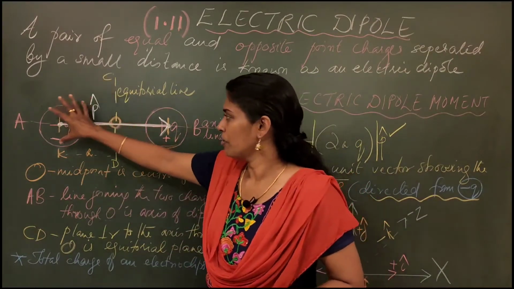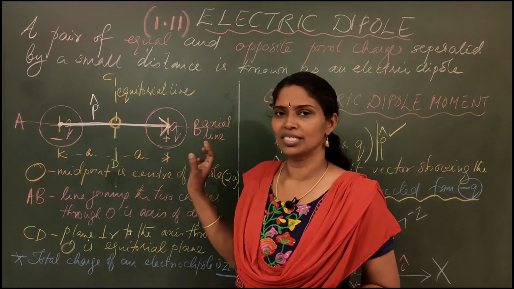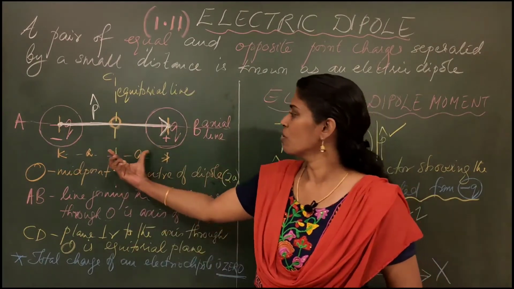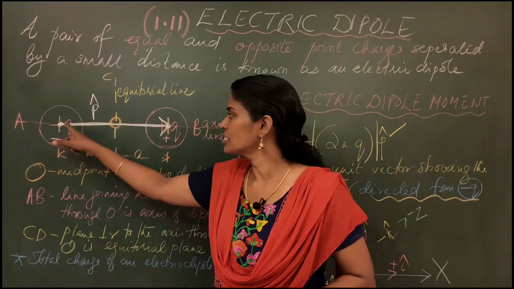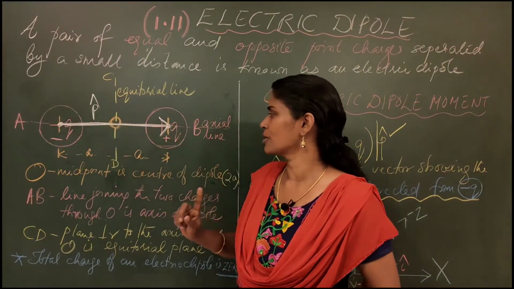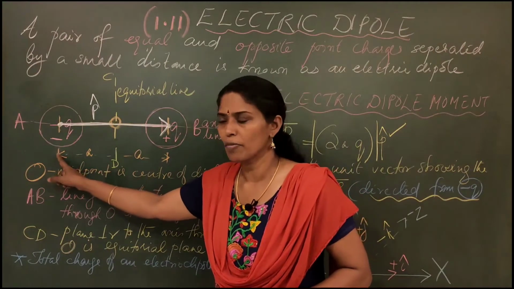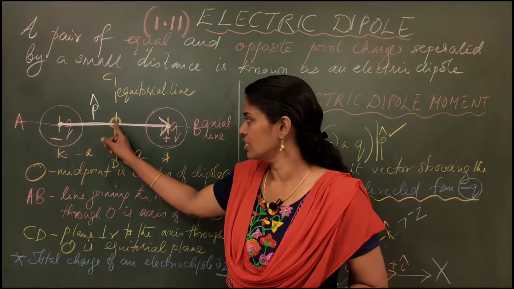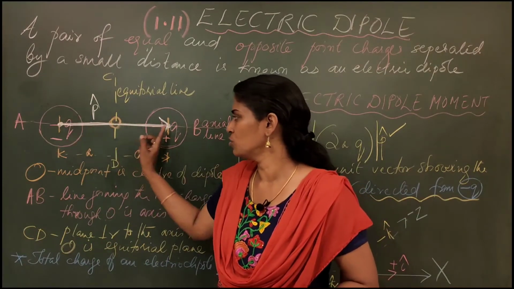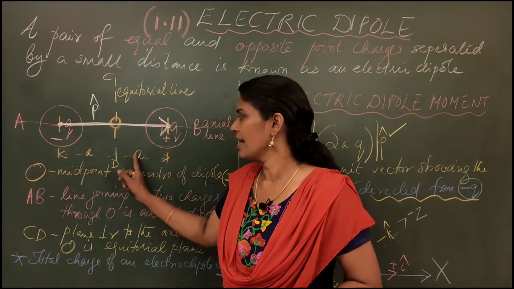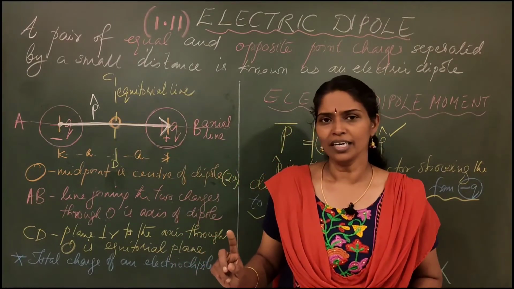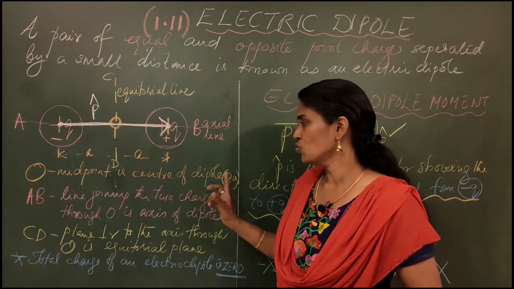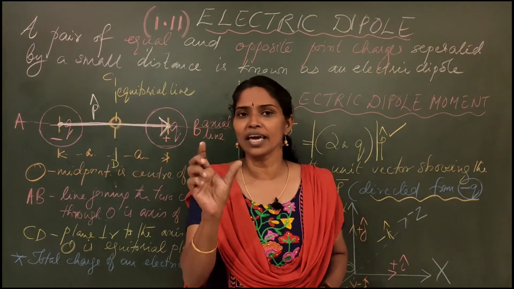So, one point charge here, another point charge here, one is minus q, the other one is plus q, at a small separation. The distance between this minus q and this plus q is given as 2a. From here to here it is 2a. And from the center or the midpoint of the two, it will be taken as a and a. Clear? The midpoint is the center of the dipole. Means 2a is the total length, half of it is a.